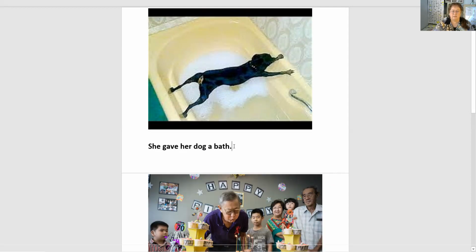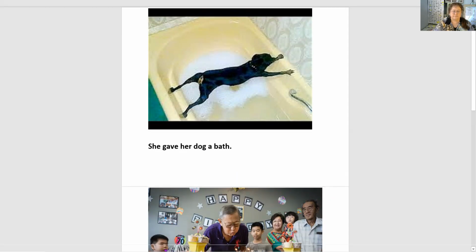Let me see if I can type that under there. So this is the indirect object, and this is the direct object. Then the direct object answers the question what? She gave what? She gave a bath. And the indirect object answers who received it. The dog received the action. Okay, so going down to the next one,